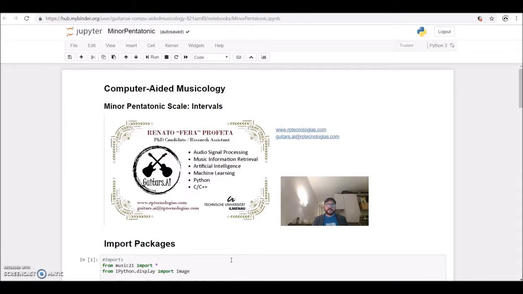This is the first tutorial in the series on computer-aided musicology, where we are going to study music theory, analyze music, and do a lot of computer-aided music stuff. In this first one, we will explore the minor pentatonic scale and see how it's built, the intervals. If you've been following the guitar exercises and practices on Instagram or YouTube, we'll do with the computer more or less what we've been studying about the minor pentatonic scale. So to get started,